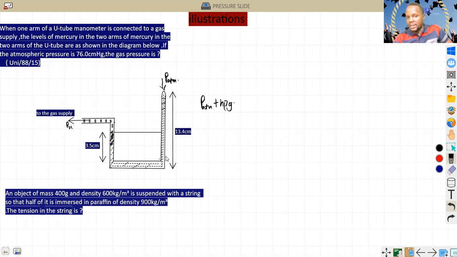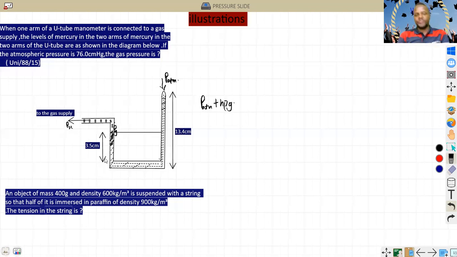So if it is flowing like this, we need to understand another important thing. We are told that the height from here to here is 3.5, and the height of the whole thing here is 13.4. So we need to calculate the remaining height from here to here so that we know what we are doing. We need to be careful. The question asks for the gas pressure, the pressure at this point, which I call